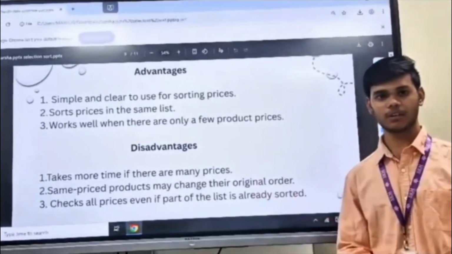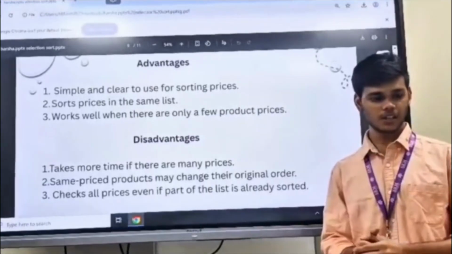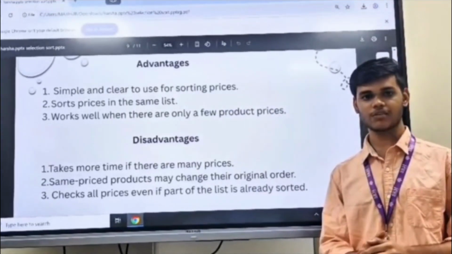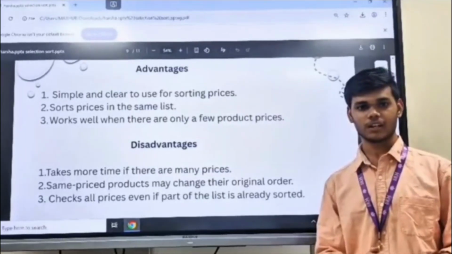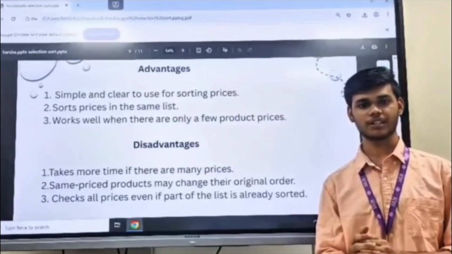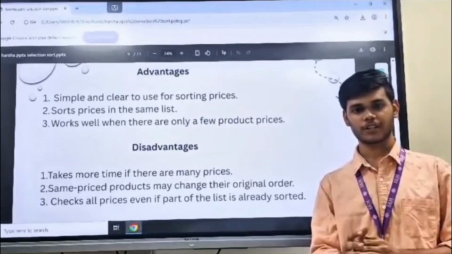O of 1. Coming to the advantages, it is simple and easy to understand for sorting prices, and it sorts the prices within the same list, so no extra memory is needed. And if there are few product prices,